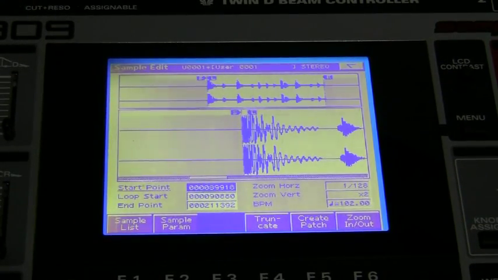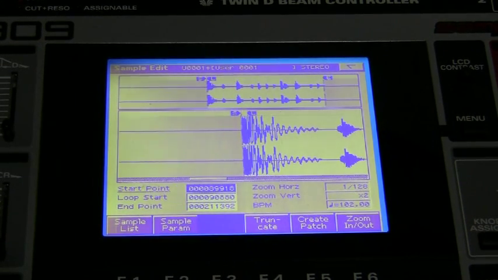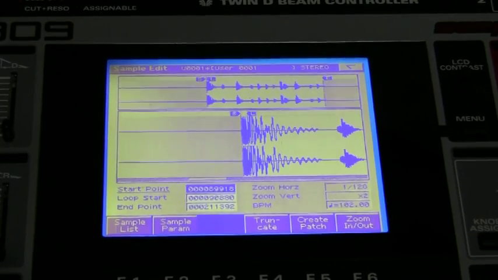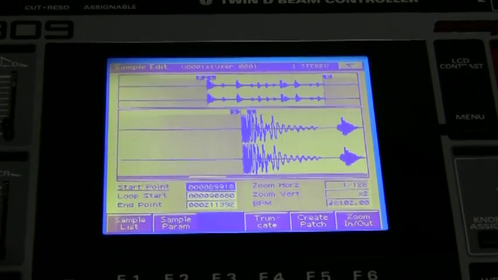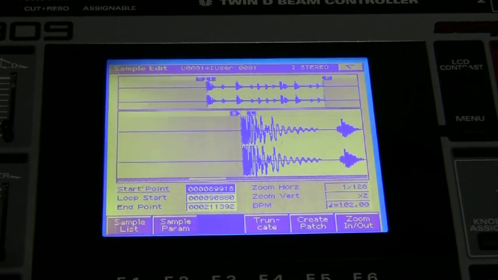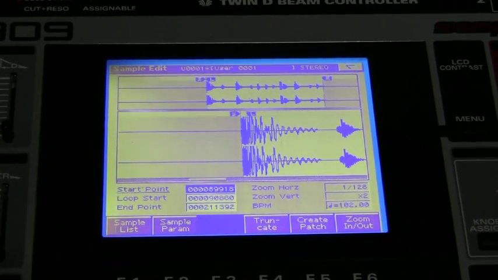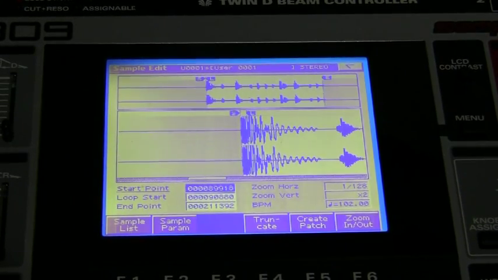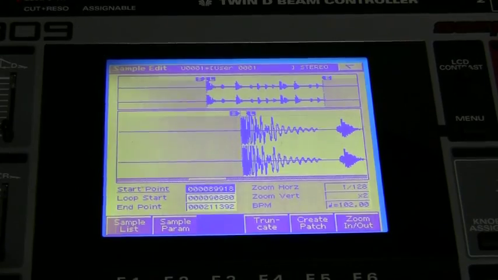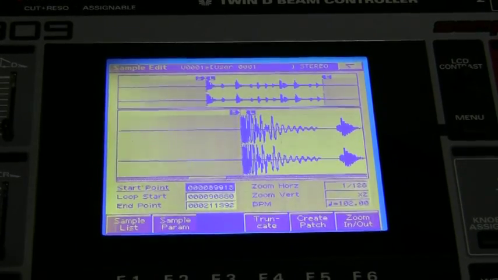Now it's important to hit the pad. I want to make sure I'm hitting the direct beginning of the sample. I want to get the very top of it. So I hit the pad, I want to feel, and I'll hit up and down and get a feel of the sample right there. See that? Turn up a little bit more so we can hear it. So any one of these pads, of course, will